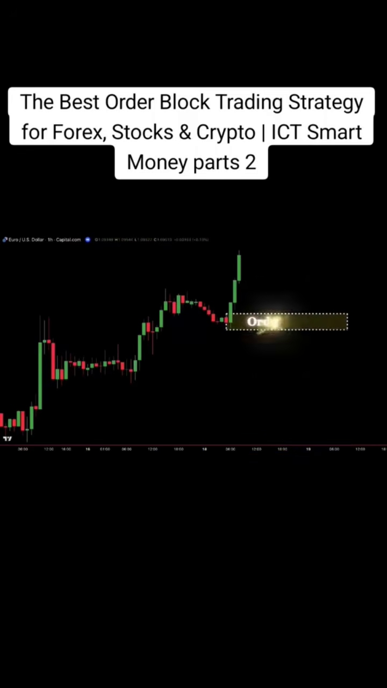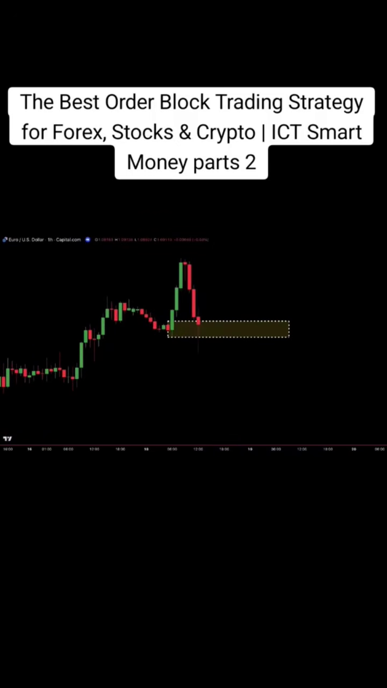Then we spot a bullish order block. It's the last bearish candle before a strong bullish move created an imbalance. So we mark this candle as our order block zone. Next, price pulls back into this order block. Inside the zone, we get a bullish pin bar candlestick, which acts as our confirmation signal that buyers are stepping